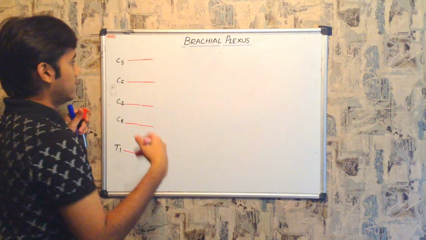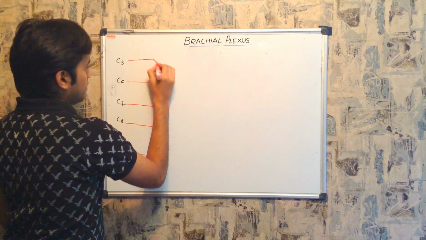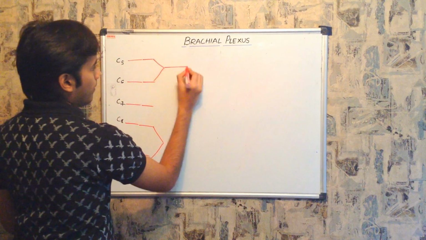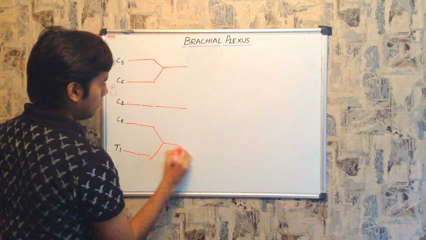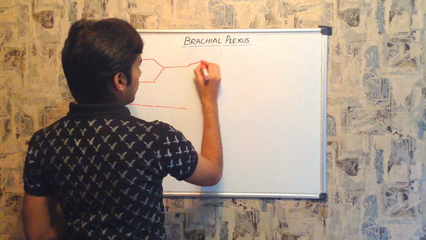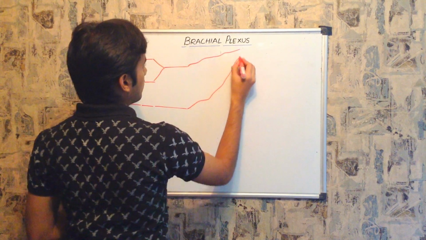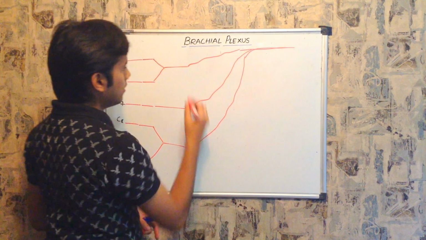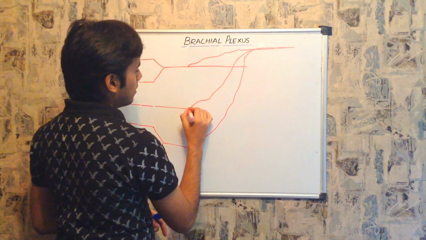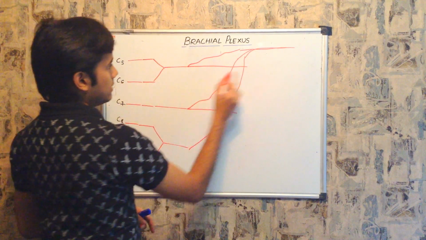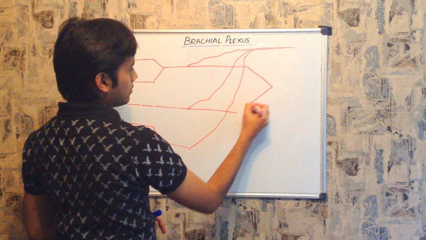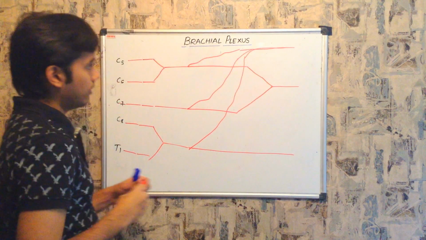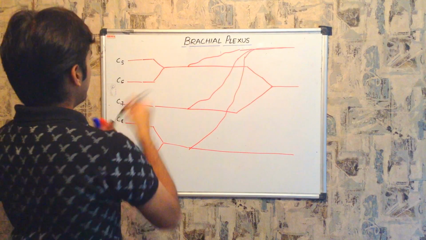Anterior ramus, not branches, anterior ramus. So the anterior ramus of C5, C6 join together, and next C8, T1 join together, and C7 remains alone. And here it gives us the posterior division. All the posterior divisions together form the posterior cord, and next the anterior divisions of C5, C6, C7 together form the lateral cord, and finally this forms the medial cord. So here, as I told you,